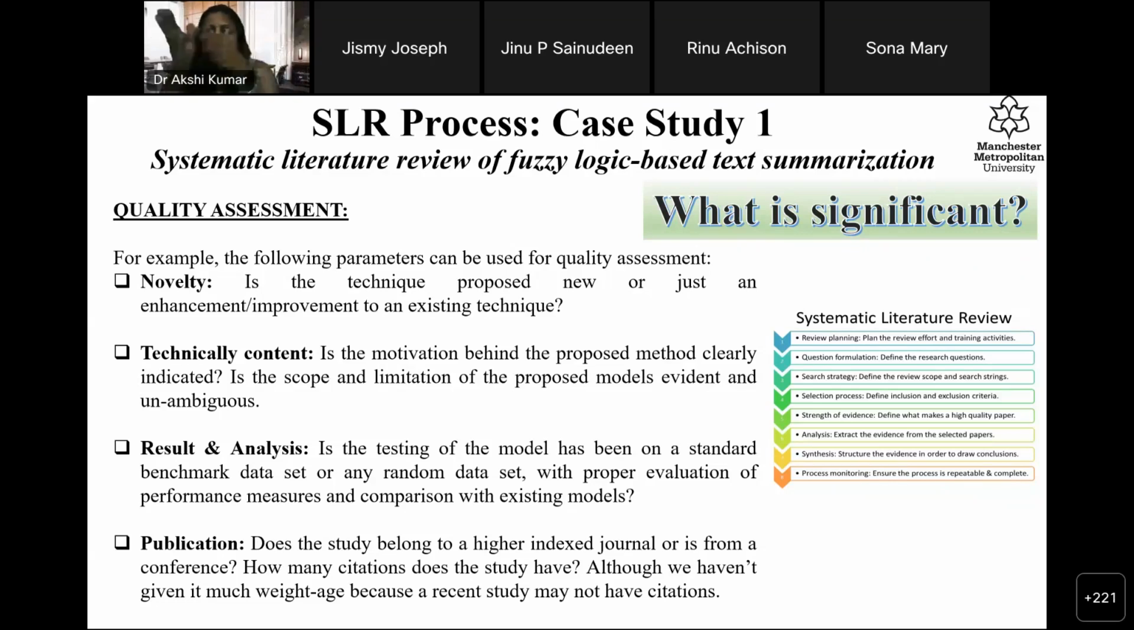So this is how you evaluate it: this paper is not good, it does not compare with the existing work. This paper is nice because it is taking a benchmark, publicly available data set, and the results can be replicated. So that's the results and analysis parameter. And publication, this is a very controversial quality assessment. Does the publication belong to a higher index journal or a conference? How many citations does the study have? Although we haven't given much weight to it, because a recent study may not have many citations. So this is something, maybe I have done some wonderful